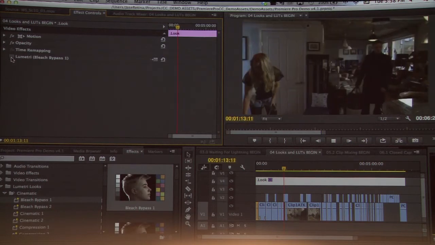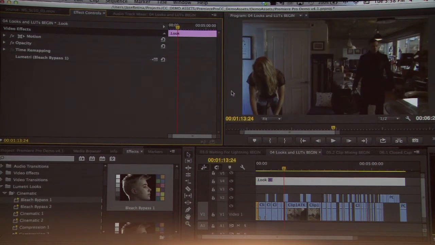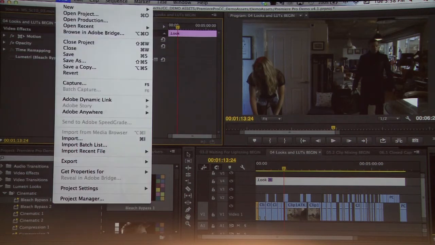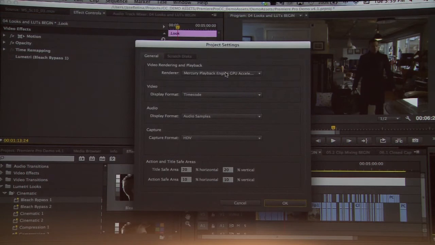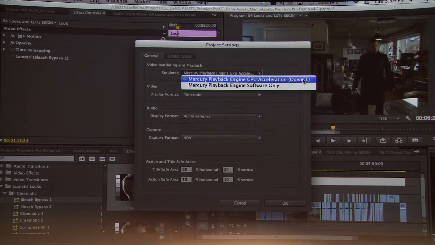This is an incredible innovation. And this is because not only now do we have GPU acceleration in Premiere Pro CC, which we had with CUDA cards and other supported cards, but if you go into your project settings now, under General, we will now effectively allow you to use OpenCL even on non-supported cards. This is a huge thing because a lot of your laptops out there don't have the standard NVIDIA CUDA cards